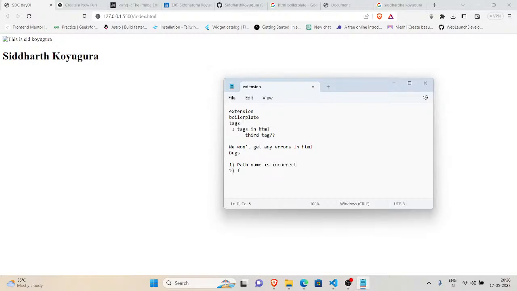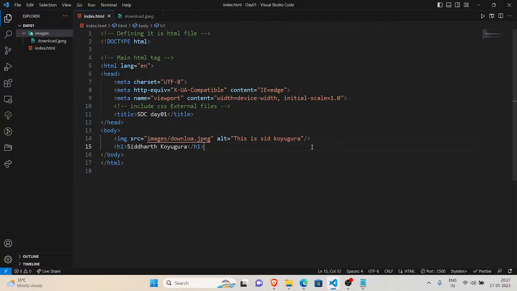Second one is typo errors. And third one is our internet is too slow to render the image from the server. In such scenarios, the alt tag will be helpful, as it demonstrates to the user what exactly this image contains. Here the image contains Siddharth Koigura's image. That's it, guys. This is how the image tag works.